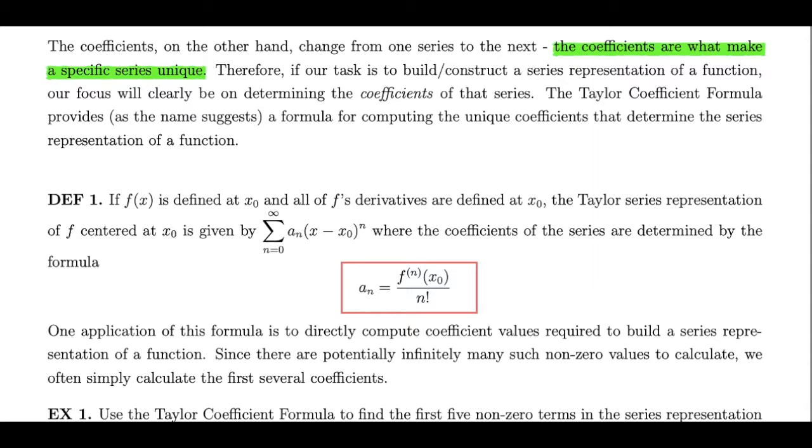One way that we can use this formula is to use it directly to compute coefficients of a series. Now, I know that the full series representation of a function requires infinitely many terms, so that would require me to directly compute infinitely many coefficients. That's obviously not reasonable, but there are a lot of contexts in which I can use this formula simply to identify the first several coefficients and then build an approximation of the full series representation by building the first several terms of that series. This is demonstrated in example 1,